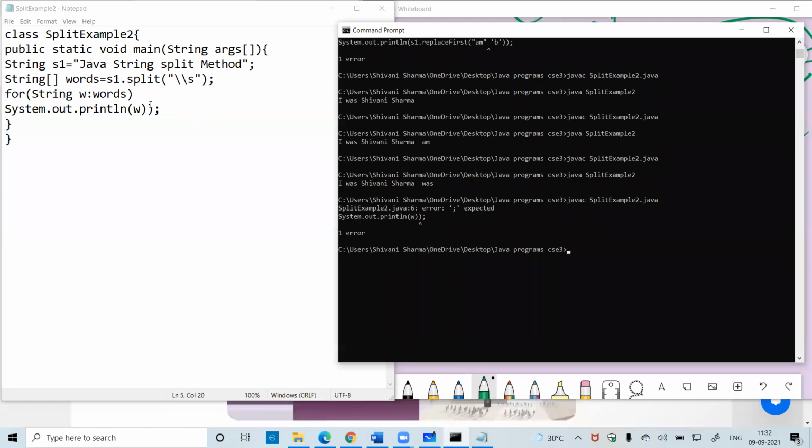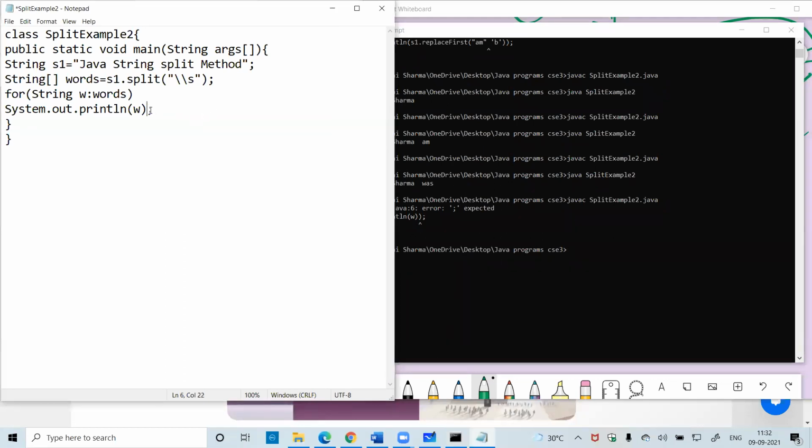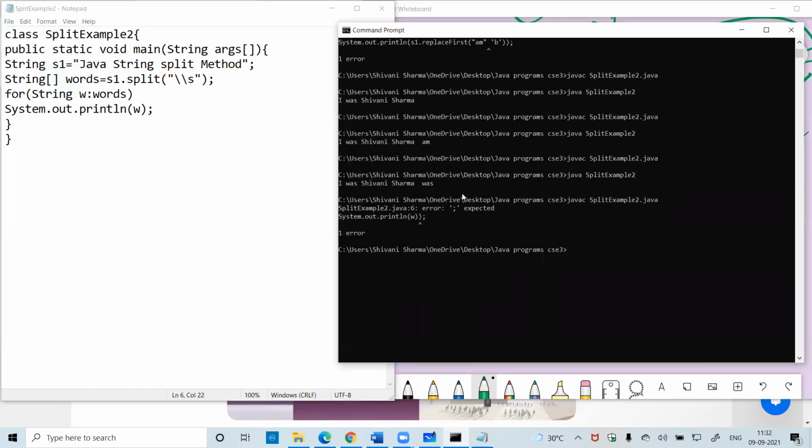Error. Okay, two W's. Now you can see after each space the string is divided into another string. Java comes into the next line, that is coming to the next line. If you display this,